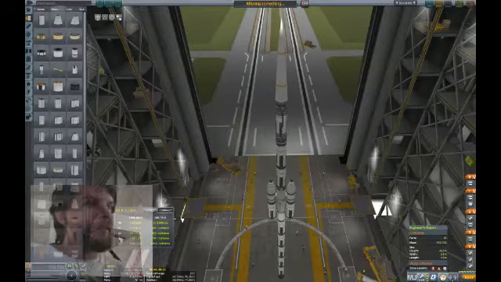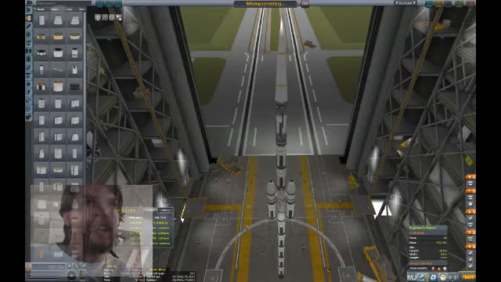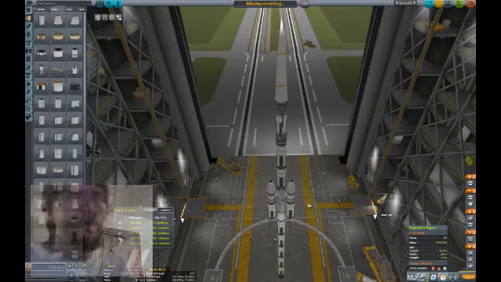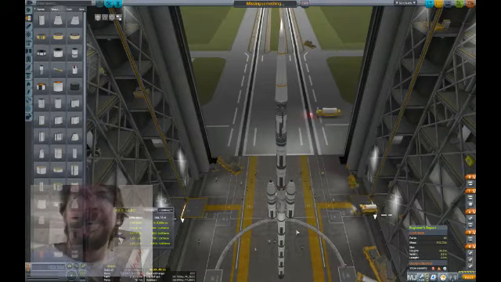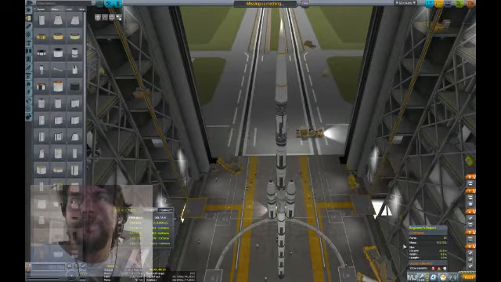Alright, we're live. Okay, so we are continuing this mass fraction challenge. We've got this newly designed rocket. I've done some designing off camera. It has a mass fraction, let's see,